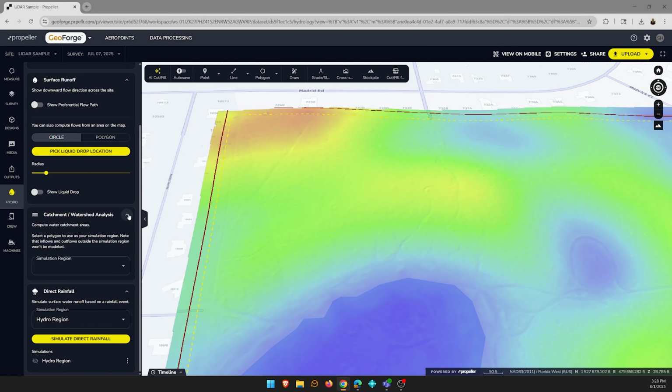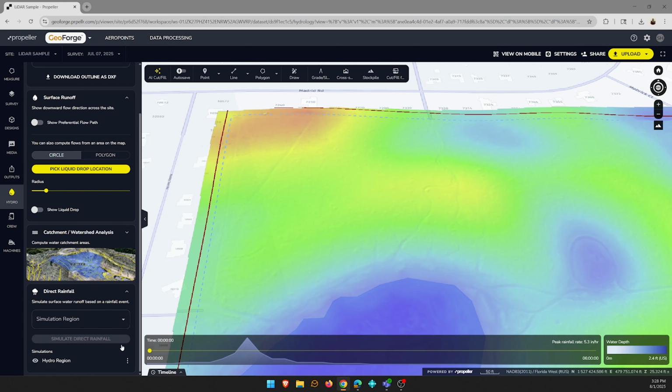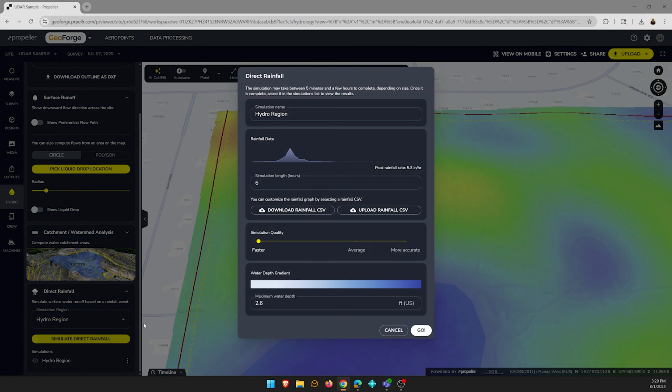And then the last thing we have here is a direct rainfall event. I'll pick another region and show you what the setup is. We're going to set a simulation length in hours. This is really emulating a low pressure system coming in, a historical rain event. We're going to pick our maximum water depth and our simulation quality. This does take a little bit of time to run, so I did pre-run this, but I do want to show you